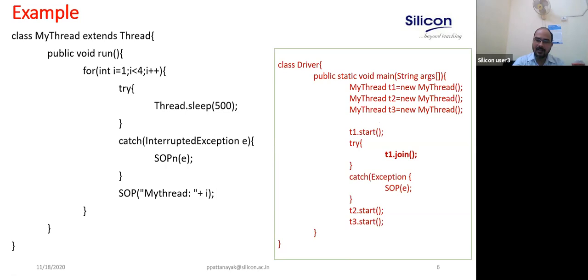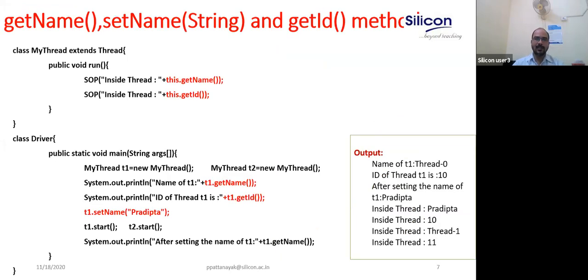To deal with that, I can assign a name to the thread. Based on the name, I can populate it. Suppose for this T1 thread I give the name PKP, and for another thread Akash or Smriti, something like this. You can provide a name to a thread so that you can identify which thread is doing what. So it is possible to assign a name to a thread.